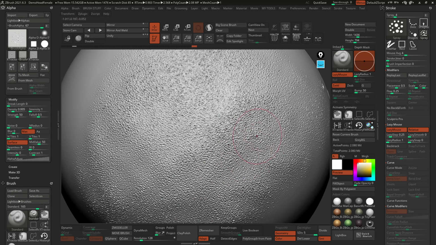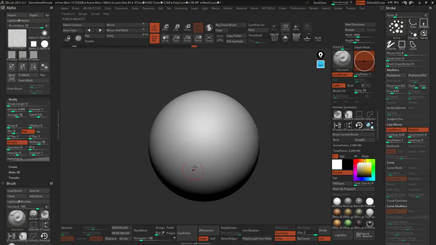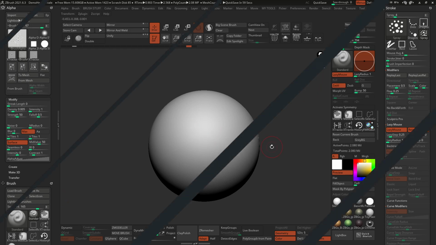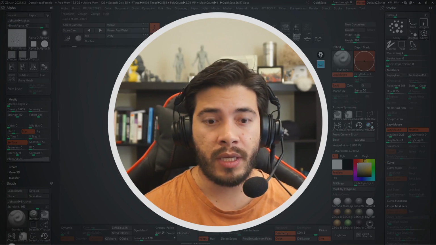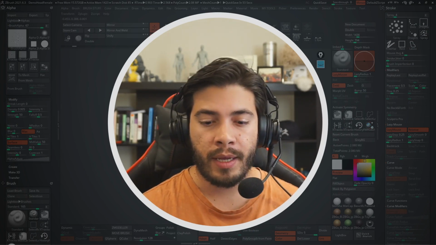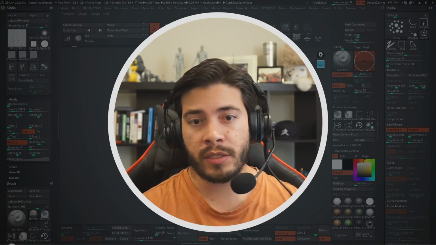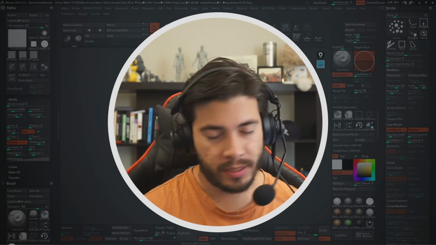And this is essentially how I go about creating my own custom brushes. Right now, this is obviously super basic, super simple. We've just tweaked a few things in the stroke palette, a few things from the actual brush palette, and some things in the alpha. So those are pretty much the three main sections that we will be changing, right? The alpha, the stroke, and the actual settings of the brush. But again, this is super simple.